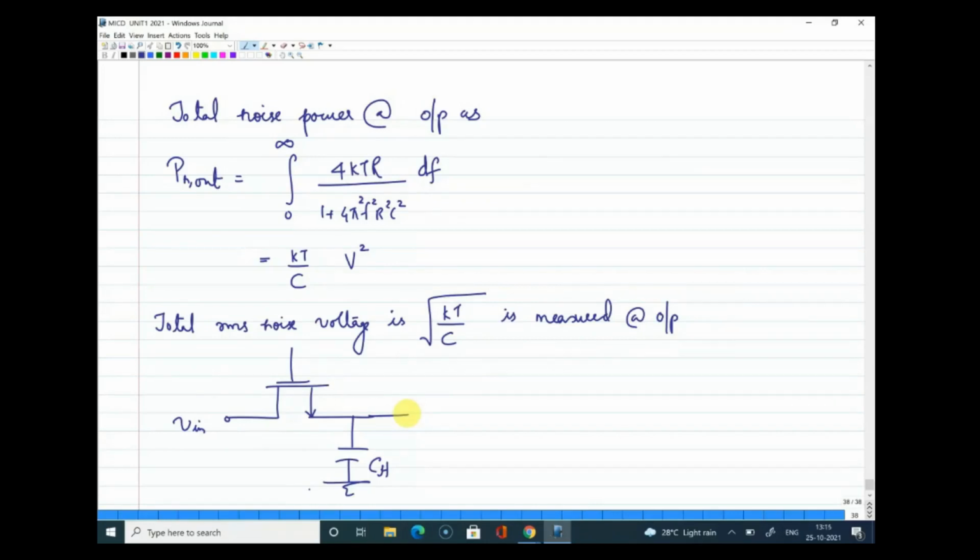When the MOSFET is on, or in this case when it is acting as a switch, it will be in the linear region. In the linear region, the MOSFET will express some noise. We consider the MOSFET as acting as a resistor, and the thermal noise of the MOSFET during the linear region is considered. In that case, at the output I can add this voltage of kT by CH, which gets added to the sampled signal in the capacitor.